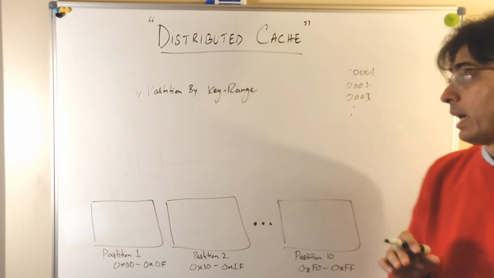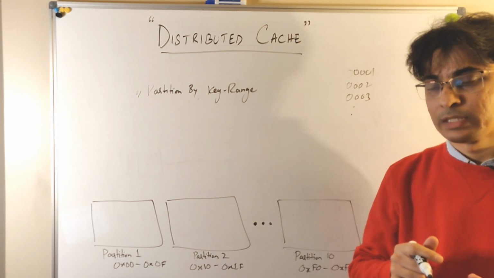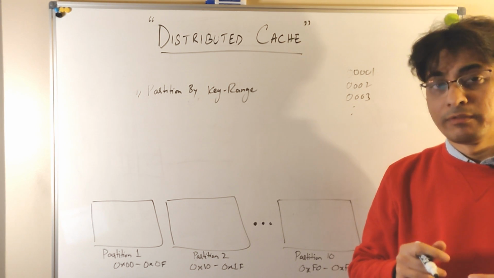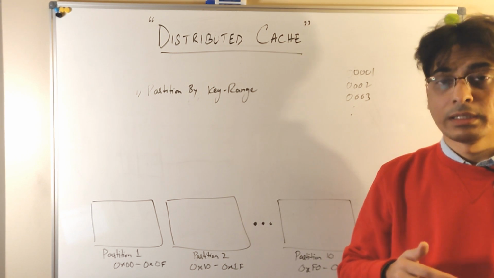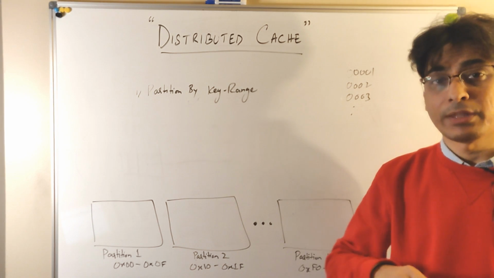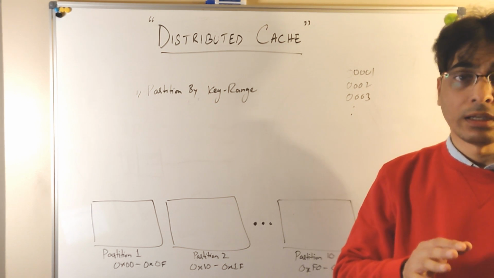It means that we will be writing or reading from the same partition all the time, which nullifies the whole purpose of using different partitions. Although this approach is good for certain scenarios that we will encounter in future videos,